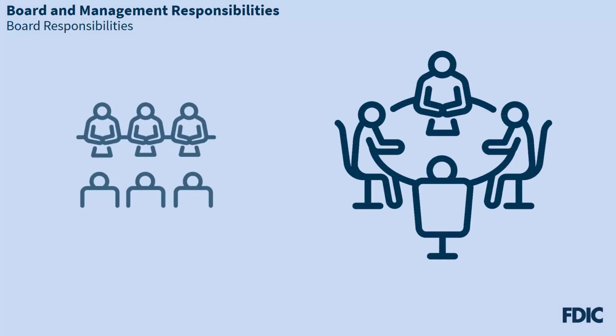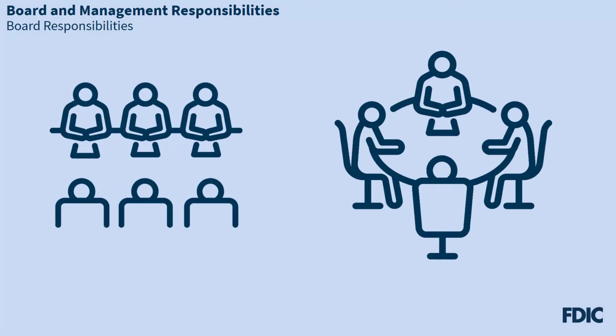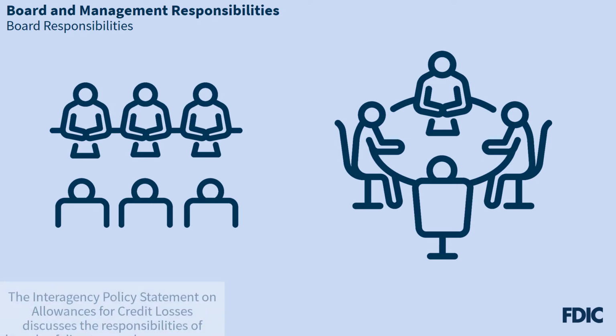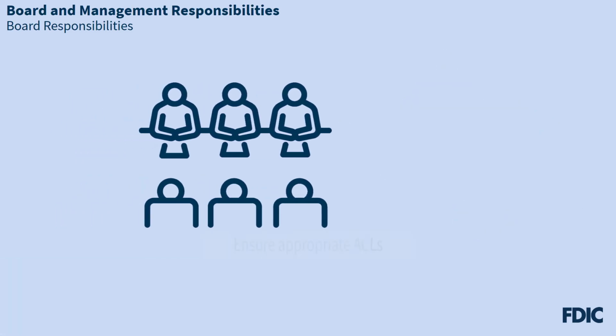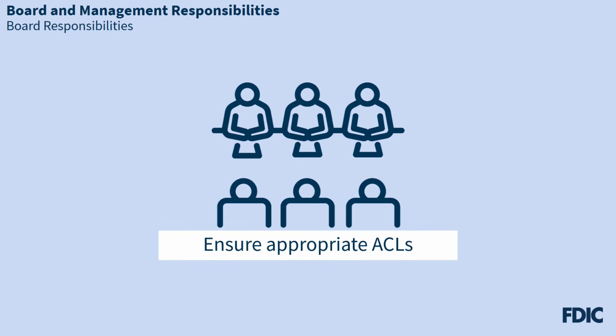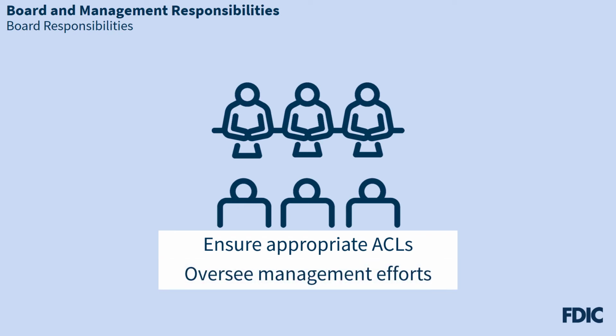Now, let's shift our focus to board and management responsibilities. Bank boards and management teams have different but vital roles for this area. The Interagency Policy Statement on Allowances for Credit Losses discusses the responsibilities of boards of directors and management. The board is responsible for ensuring that management maintains ACLs at appropriate levels, consistent with the risk characteristics of the bank's financial assets. The board will do this by overseeing management efforts to establish and maintain the ACL methodology and